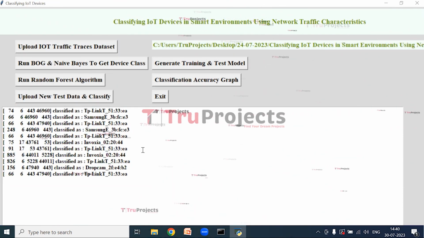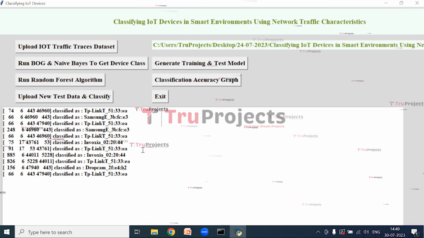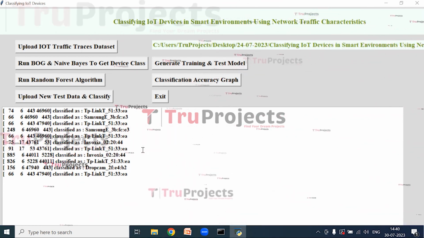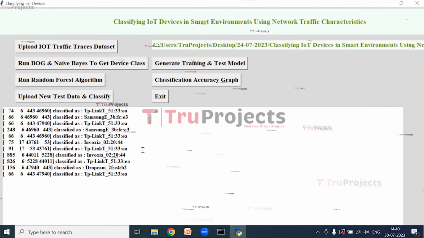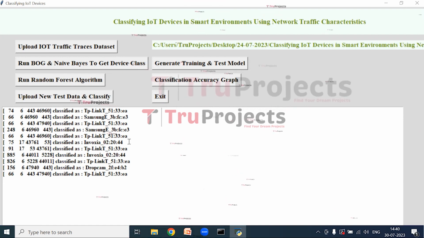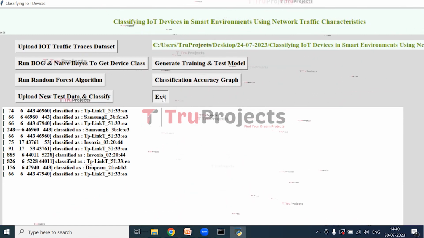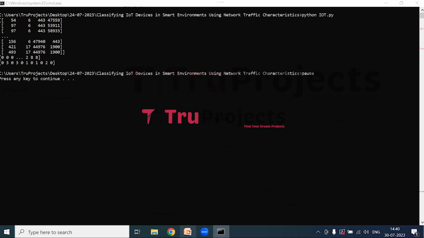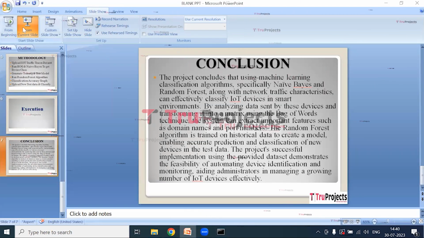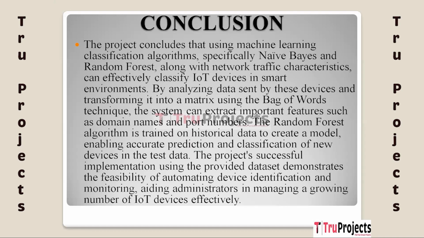In the above screen, we can see the first record data came from device TP-Link, and we got device names for the other test data also. Click on Exit, and the final conclusion of the project is the experiment suggests that utilizing machine learning